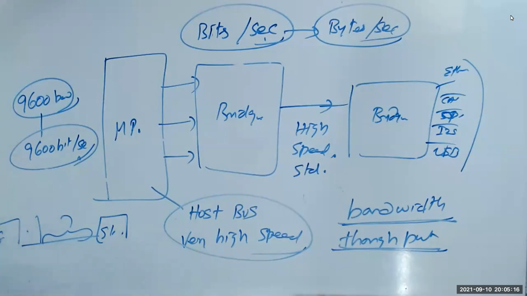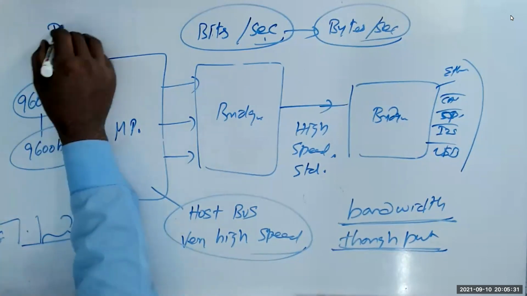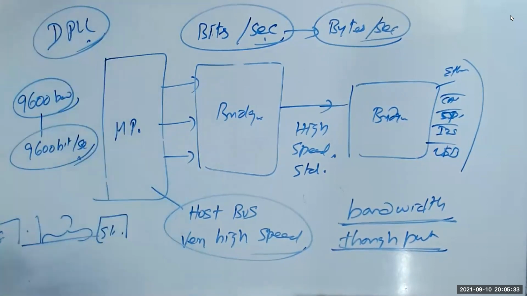Yeah, I will tell you that. Auto baud detecting. Yeah, correct. They have a clock, not exactly a clock divider. They have something called PLLs. They have something called PLL, DPLL, digital PLL. I'll discuss what that is. Yeah, I will explain to you next week. That's why this week,